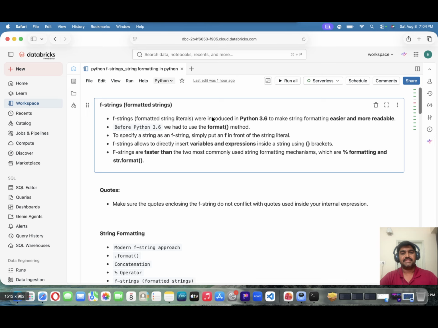F strings were introduced in Python 3.6 to make string formatting easier and more readable. Before Python 3.6, we had to use the format method, the dot format method. To specify a string as an F string, simply put an F in front of the string literal. So that means,